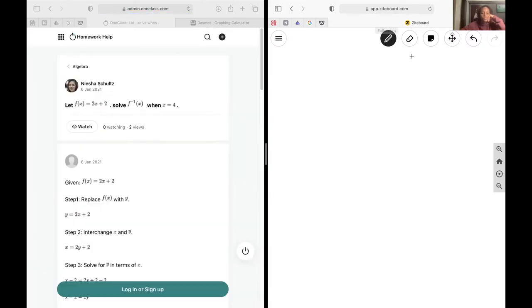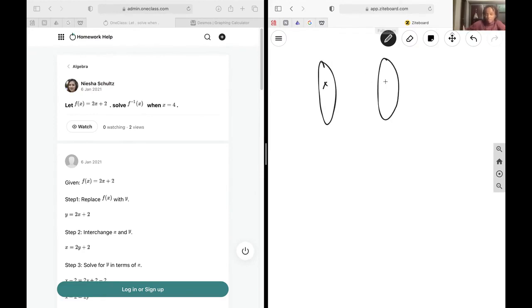Okay, next up, we have f of x is equal to 2x plus 2. How do we find the inverse of the function evaluated at 4? And so let's understand what's actually happening with this question. And so we know that a function